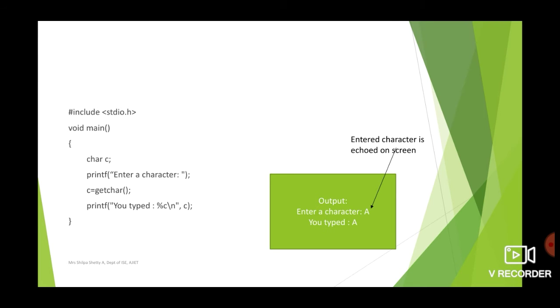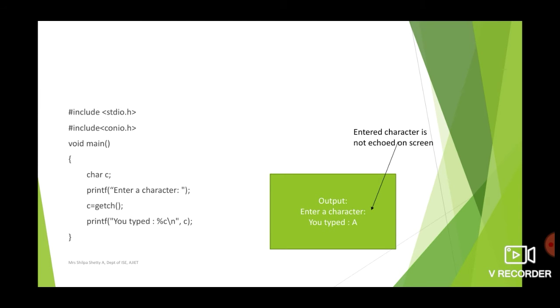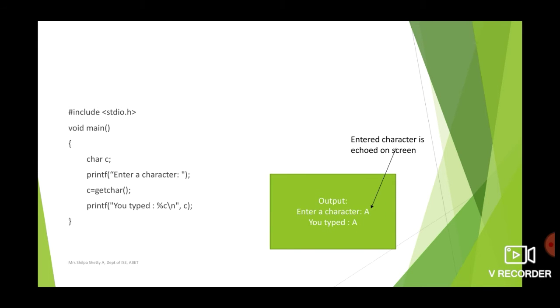If you look at the output here, it will be "Enter a character". If you type a, the a gets echoed on the screen. That's the difference. Let me just show you the previous output. The character a that you typed was not getting echoed there, whereas in the current one the value that you have typed is available here, a, and then the output displays "You have typed a".